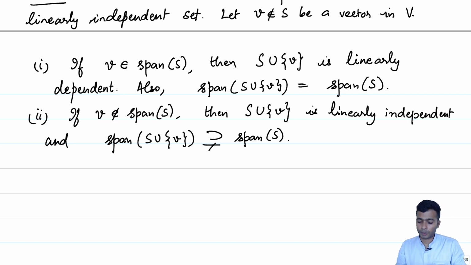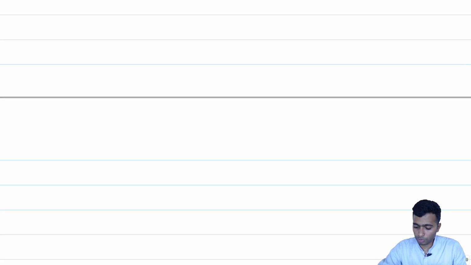And what about 2? 2 is telling us that if you do not have a basis already, let us not lose hope: pick some vector which is not in the span, append it, and we get a bigger set which has a bigger span and which is again linearly independent. We have used 2 already in the example prior to this, wherein we obtained a basis in an algorithmic manner. Alright, so let us prove both 1 and 2.